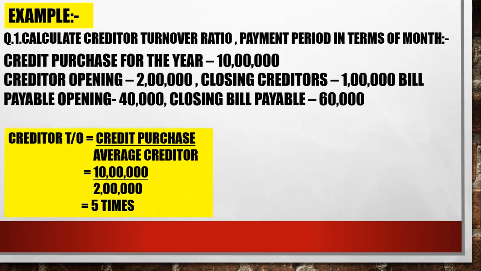That is credit purchase. They have given you the 10 lakh in the question directly. But for calculating the average creditor, we have taken 2 lakh, because 1 lakh 50 was your average creditor and 50,000 was your bills payable average. So 1 lakh 50 plus 50 comes to 2 lakhs. So the total average creditor is 2 lakh, because as I told you, the average creditor includes the bills payable amount and the creditor amount, but both should be the average amount. So it comes to 10 lakh upon 2 lakh, which is 5 times. That is, creditor turnover is 5 times. Clear everyone?